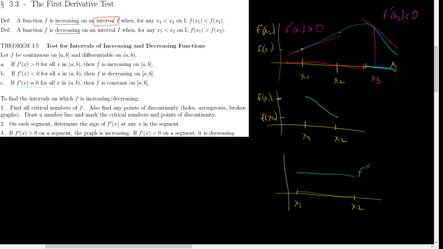So here, the derivative is going to be 0 for all x between x1 and x2. So that's what we mean by a constant function. Now, be careful, because you can have a derivative equaling 0 at a specific number, say at x, right? And that happens actually here as well. In this first example,